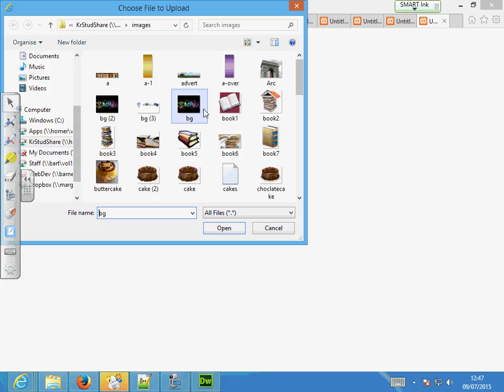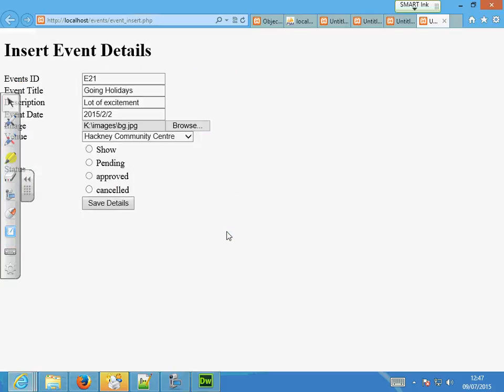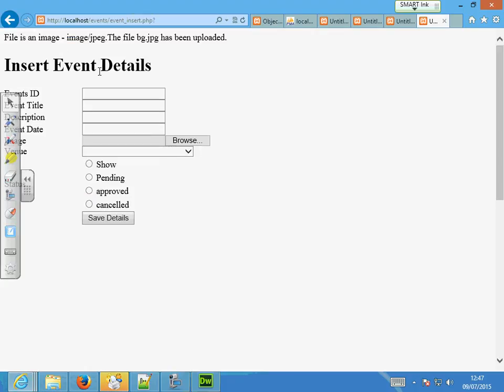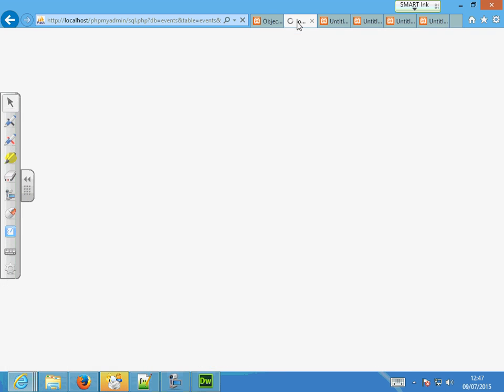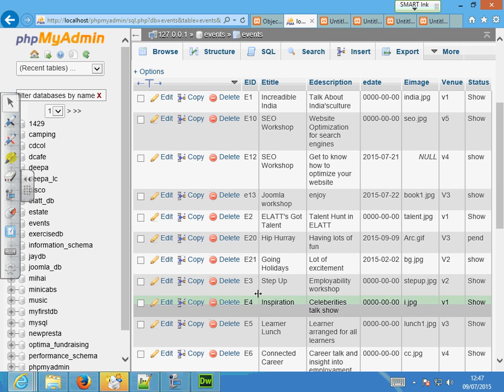Let's put another file, and let's say show, and save details. That's a message to say that the file has been uploaded. It confirms that the file has been uploaded, and when you go here, you see that it has been uploaded.